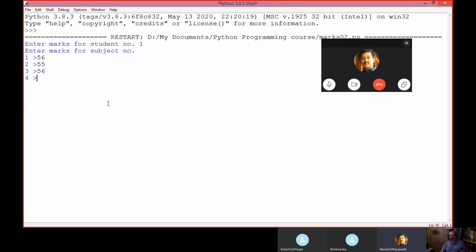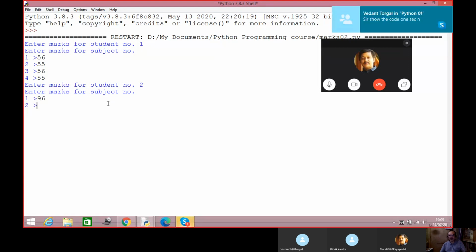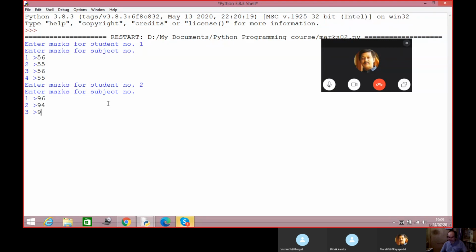You understand? Put round brackets or decorate it in any way, like an arrow. Yes, put an arrow, anything will work. It's a prompt to the user. Enter marks for student 2. Enter marks for subject 1 of student 2. 96. Wait a minute. Check it out. Yes, do it later.